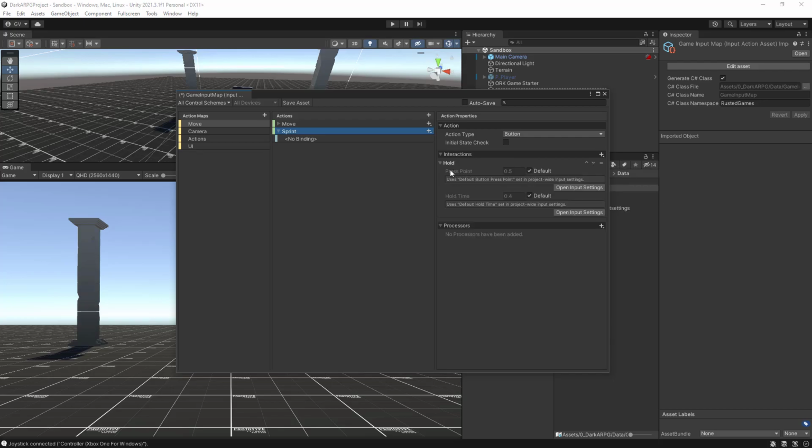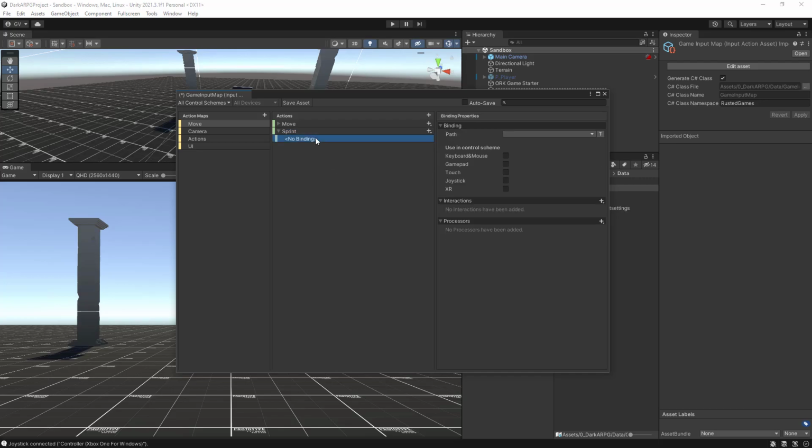Remember, this is the time that we need to wait till this action is registered as such. So for example, 0.5 seconds and 0.4 as the minimum and the whole time. Okay, if you don't like this time, you need to either override it here or change the default values from the input settings itself. Okay, so next let's go to the binding here,